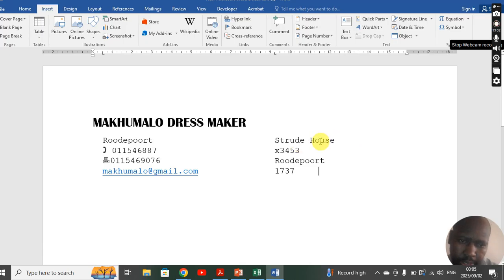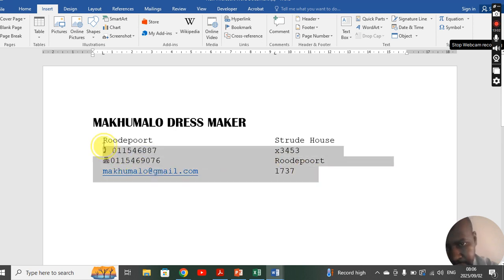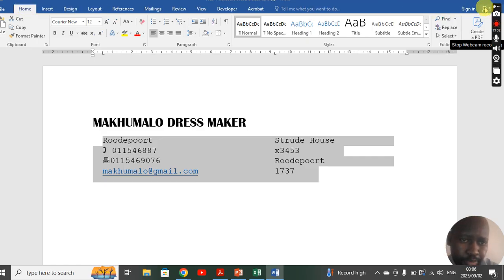This is a location building. The building is through the house. The address is X3453, raw report 1737. See, the name of the business is Makumalo Dressmaker. And then all this information, when it's combined, is called a letterhead. And then they serve as